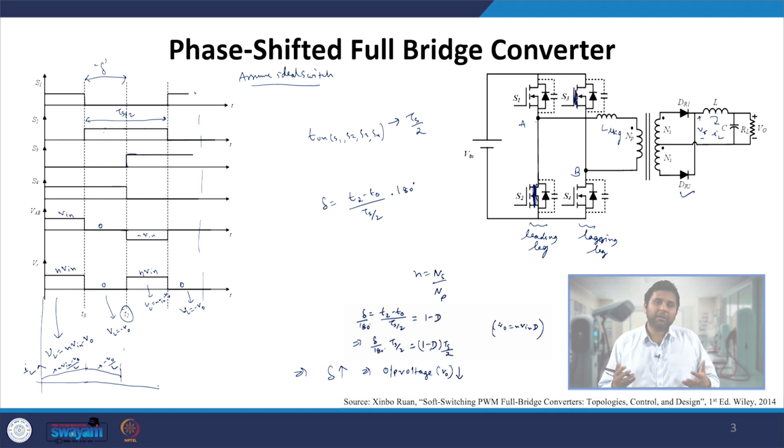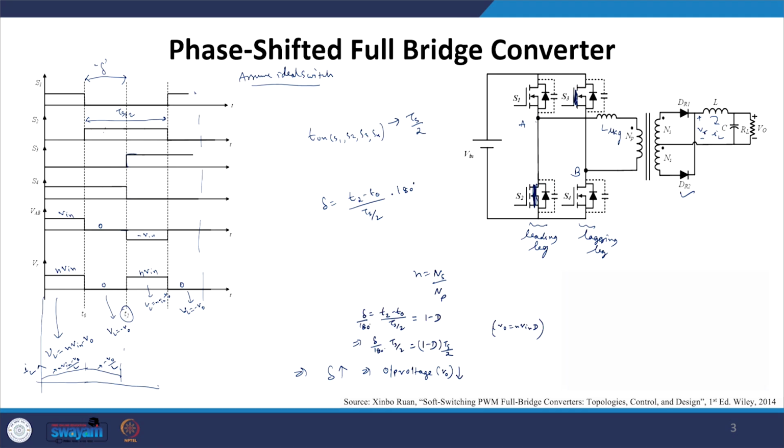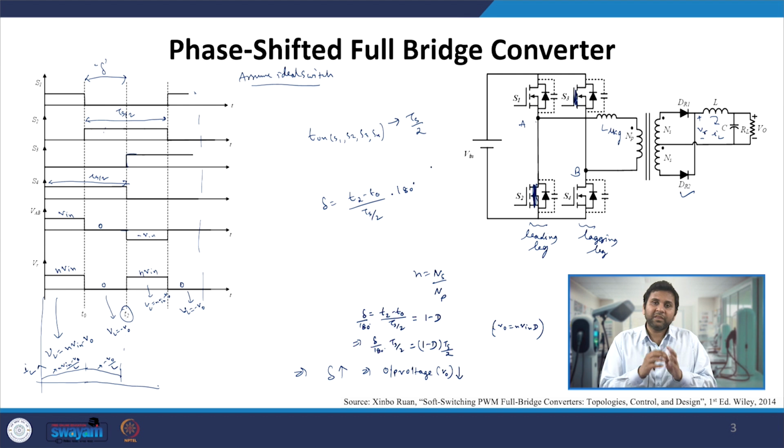and that is when we can do one more kind of modulation. If you look carefully, the turn on time of S1, S2, S3 and S4 switches are kept the same as Ts by 2. S2 turn on time is Ts by 2, S4 turn on time is also Ts by 2. So we are not changing the turn on period, it is kept at Ts by 2, but the time during which it is turned off is actually shifted by the angle delta, and which is actually leading to the output voltage variation.